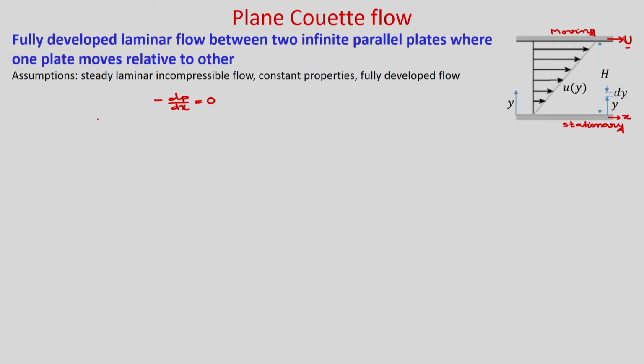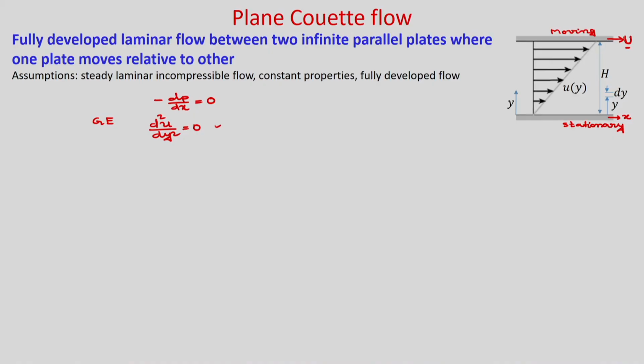So, obviously your governing equation, whatever we have derived in the earlier case, you can write d2u by dy square is equal to 0, because we have considered fully developed flow. So, your y direction velocity v is 0 as well as your del u by del x will be 0, because there will be no change in the axial velocity in the axial direction. So, your governing equation is d2u by dy square is equal to 0, and what are the boundary conditions?